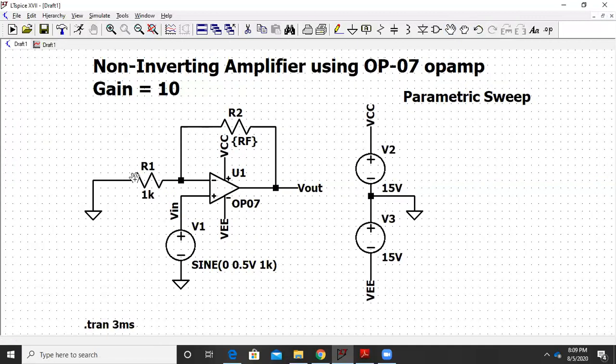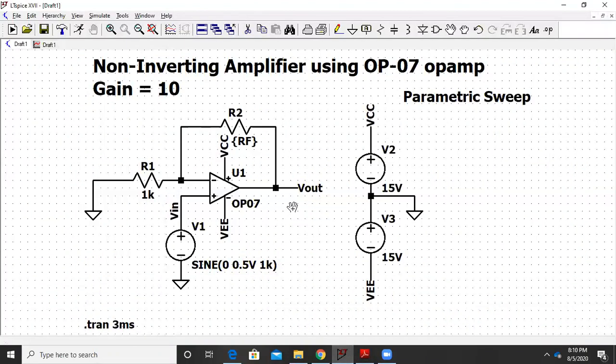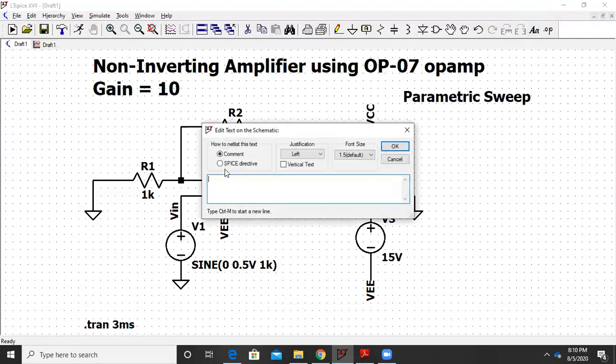Okay. Now, earlier R1 and R2 were fixed. But now we can vary the value of R2, and the range with which we have to vary is starting from 1 kilo. So it has to start from 1 kilo ohm, go to 10 kilo ohm in the step size of 2 kilo ohm. So that can be written by this statement. So you go to SPICE directive and you write .step param. The variable name is RF, and you have 1 kilo ohm starting point, ending point is 10k, and the step size of 2k.